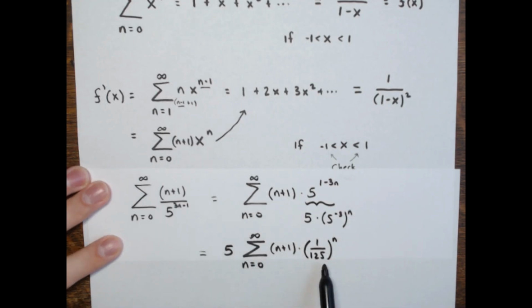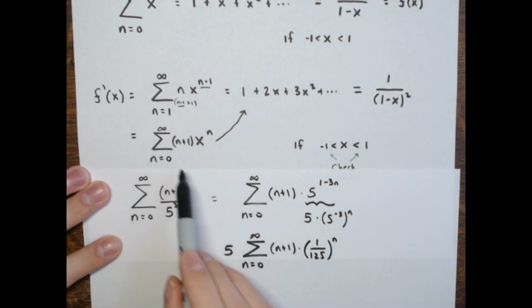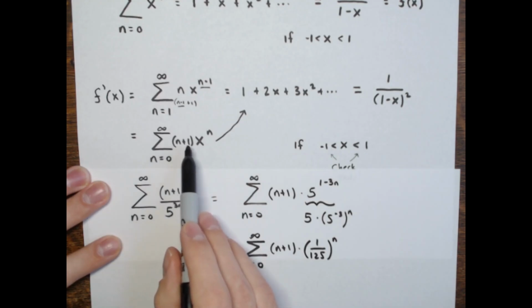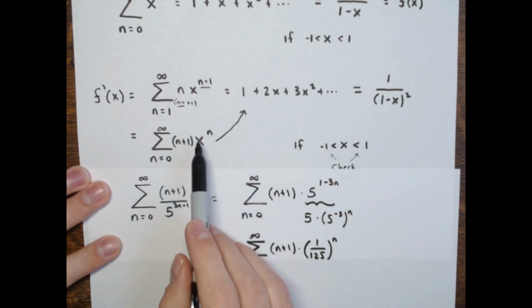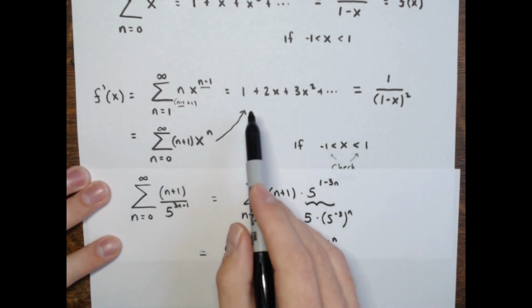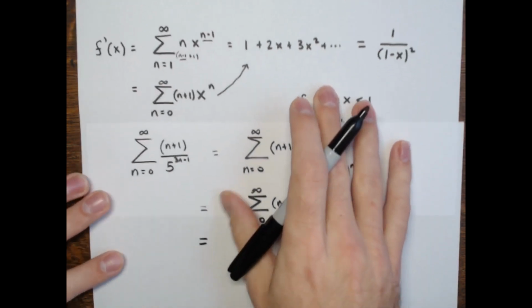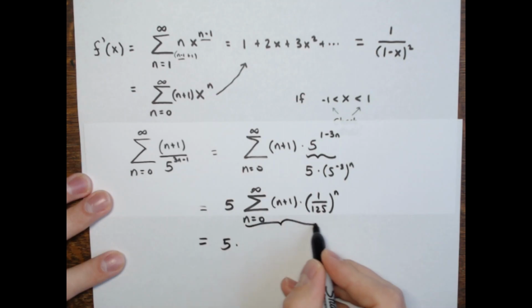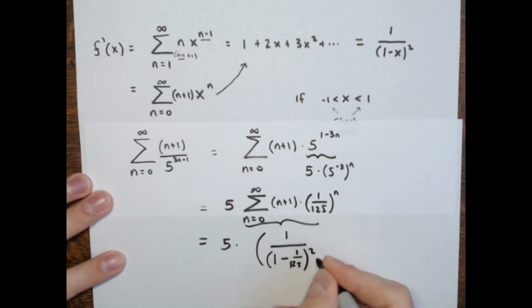And you see how this sum here is just this sum, where x is 1/125th. Right? You see I've got the sum from n equals 0 to infinity of n plus 1 times something to the nth. And as long as that thing being raised to the nth power, the x, is between -1 and 1, which 1 over 125 is definitely between -1 and 1, this will converge to 1 over 1 minus that x, squared. All right, so this should converge then to 5 times, and then our series here converges to 1 over the quantity 1 minus 1/125th, squared,